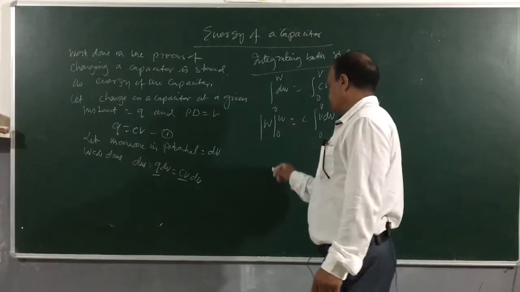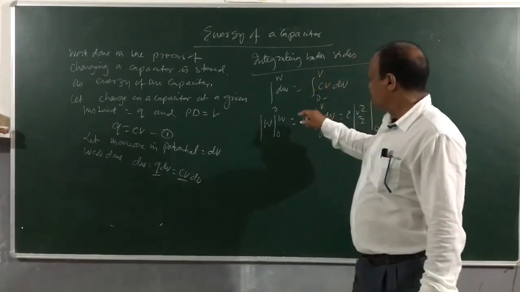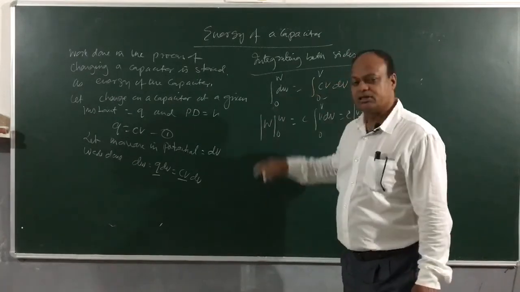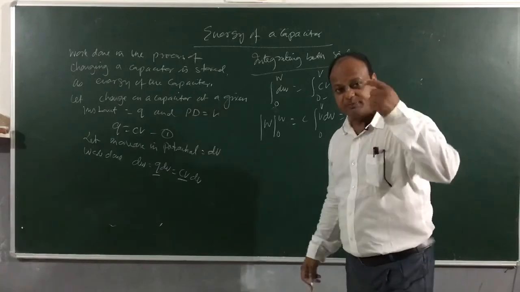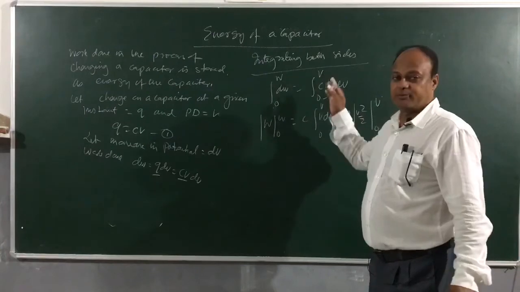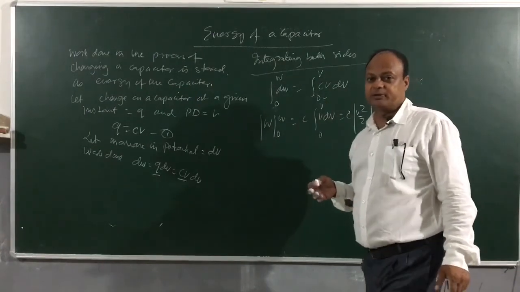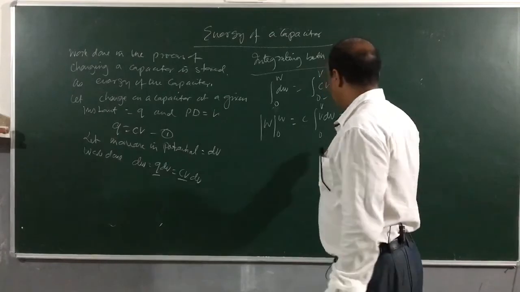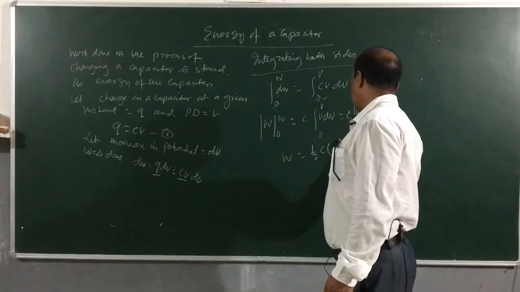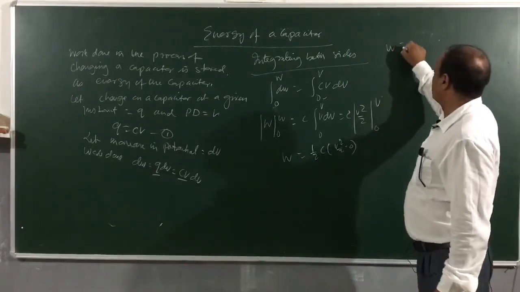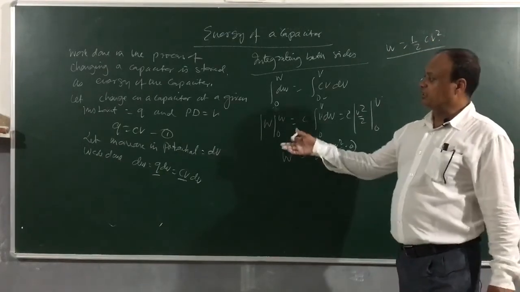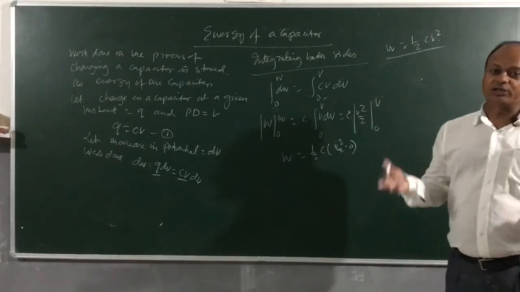So if I set up the limits here, remember when potential is 0, work done is 0. When potential is V, work done is W. Remember, if I increase potential more, work done will also increase accordingly, meaning work depends upon the potential or the charge we are building up on the plates of the capacitor. So W will be equal to half C V square minus 0, or we get W equal to half CV square. This is the work done, but we said that work done in charging a capacitor is stored as energy.